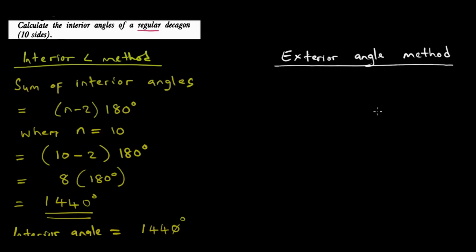And we have learned that. And we already know a decagon has 10 sides, and the 10 sides mean 10 interior angles and also 10 exterior angles. Remember, we also learned that for every interior angle there is an associated exterior angle. We have learned that. So a decagon has 10 sides, 10 interior and 10 exterior angles. The 10 exterior angles add up to 360 degrees.